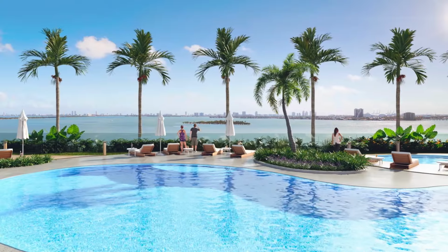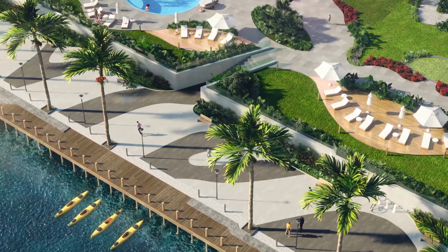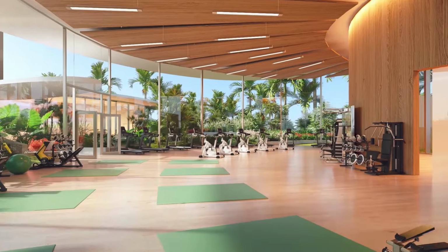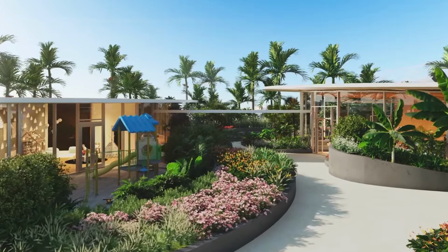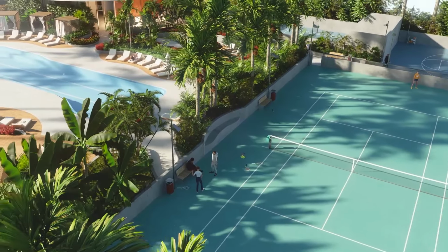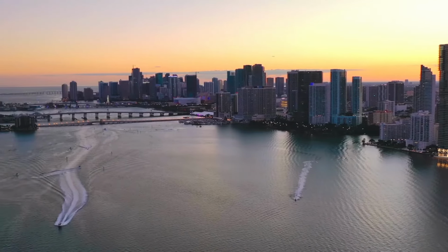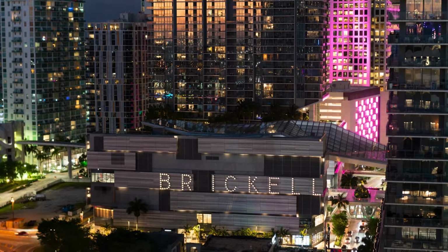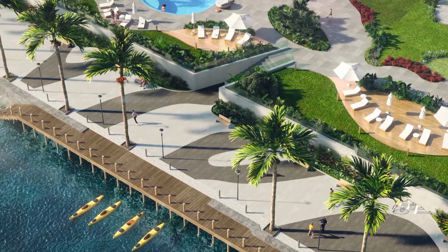So that I think is one of the really nice features, in addition, as you mentioned, to the 3 pools that we have, 2 sunrise, 1 sunset, in addition to the sunrise meditation garden, the waterfront park, as far as everything else, the gym, indoor and outdoor yoga, a semi-Olympic size sunset pool, the children's playground, the adults lounge, the teens lounge, the mini golf, I mean spa, you name it, you have it here. Right, tennis, basketball, paddle tennis court as well. Something for everybody. Yeah, so you're living in the heart of the city essentially, minutes to everything that Miami has to offer. The opera, the ballet, the theater, the museums, the shopping, the nightlife, the restaurants. But when you come home, instead of coming home to a small building, you're coming home to a 5-acre resort-style